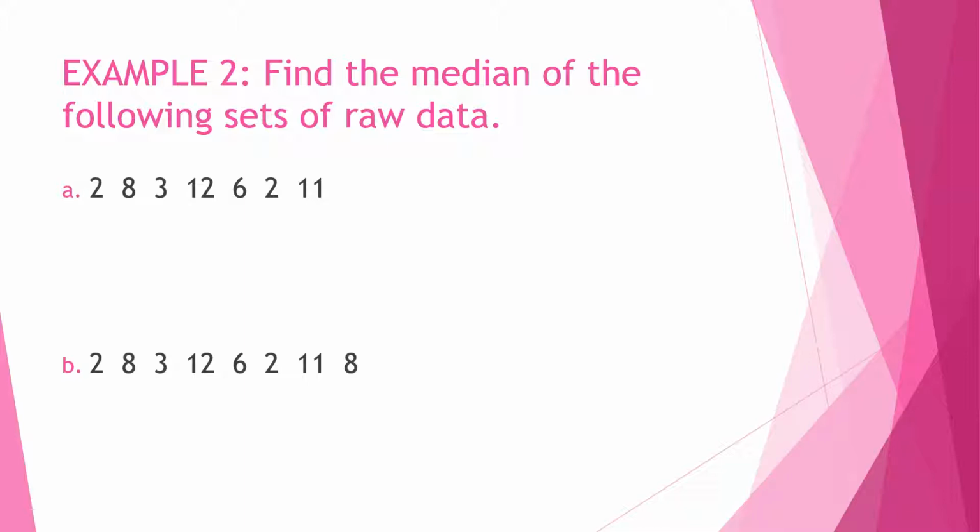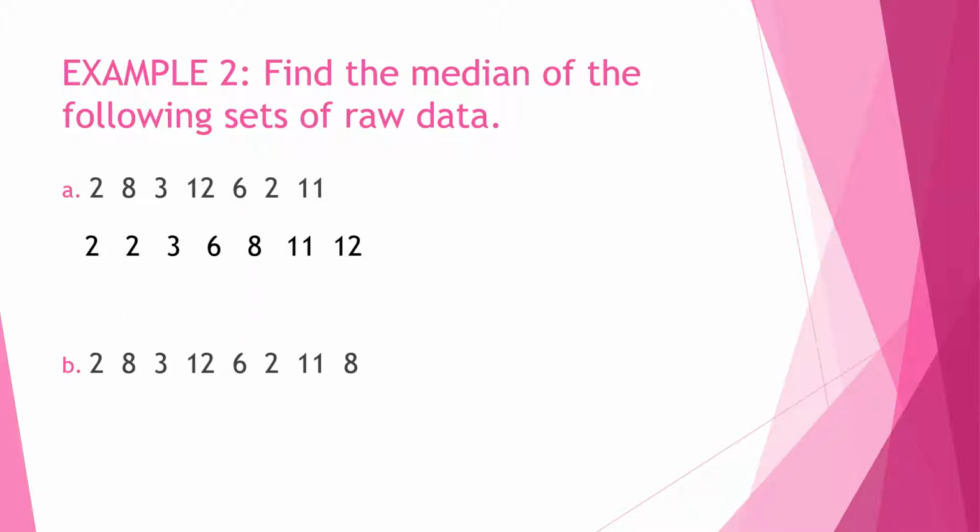Another hint, or maybe advice, that I would give you about finding the median is to make sure you leave a little bit of space in between each one of your numbers, because if you come back and look at it later, 2 and then 8 may look like 28 if you write them too close together. Okay, so the first data set, if I put it in order, goes 2, 2, 3, 6,